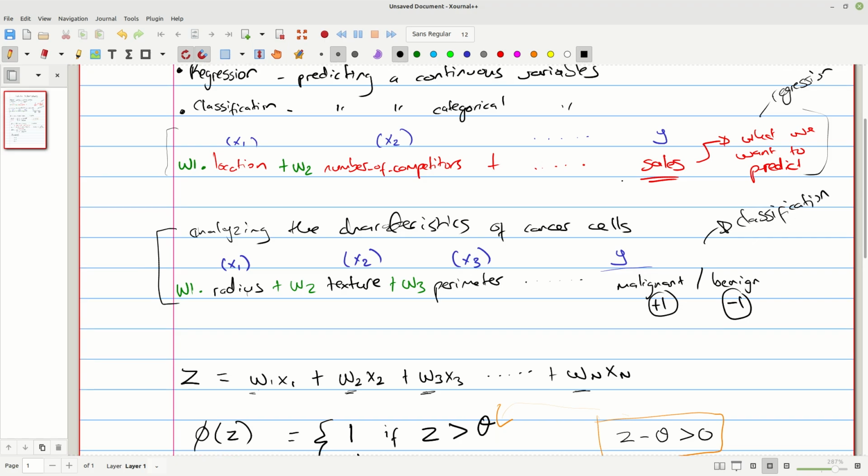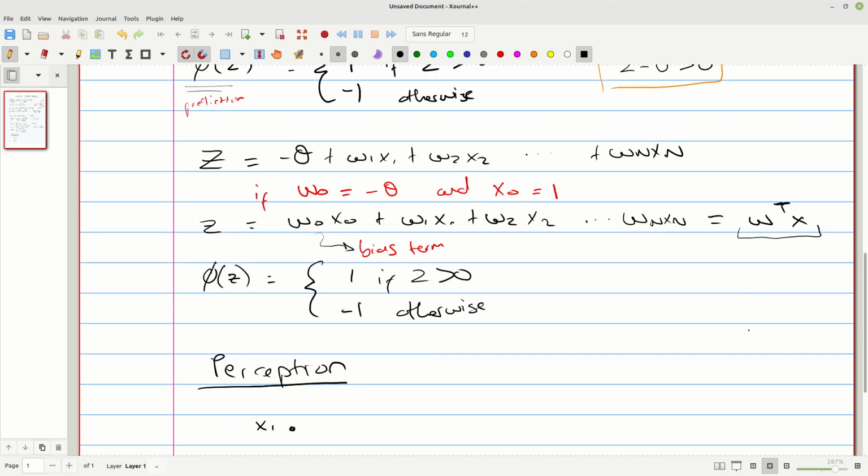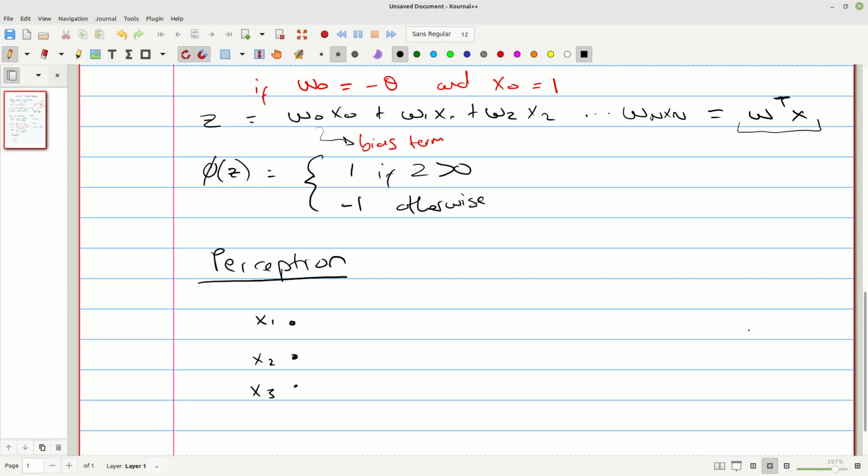It could be helping us make a prediction on sales, on price, on whether a tumor is malignant or benign, and so on. So these are our features, right? And we feed them to this perceptron neuron, right? And then we get our output, which is our prediction, right?